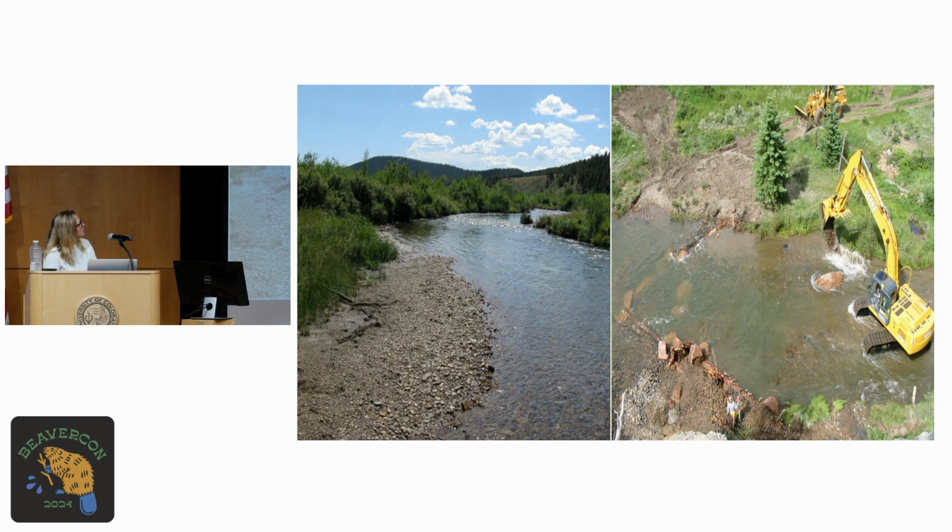When I first started, this picture on the right was the image of a healthy mountain meadow stream. If you had an impaired stream and you wanted to restore it, that image on the left is what restoration looked like. During the same period, we were also working on developing a wetland assessment